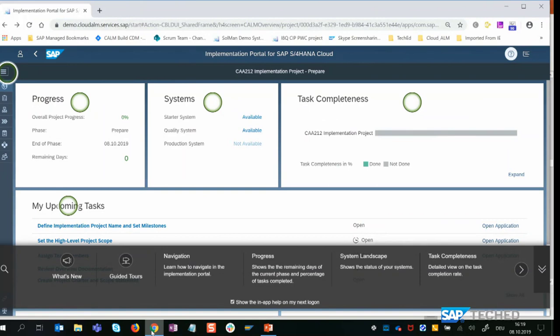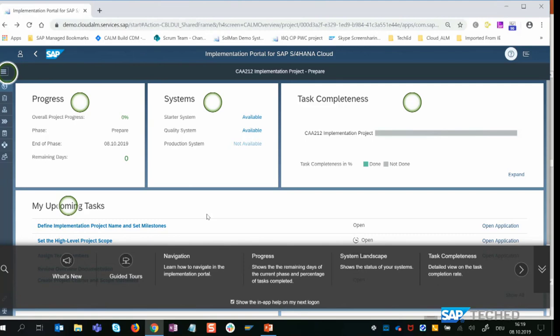Yes, you can see that. So this is the tool. Like I said, there is no configuration or installation needed. This is the view when your project lead gets this invitation to the tool, and this is what he or she sees first. You see here that the web assistant is active.